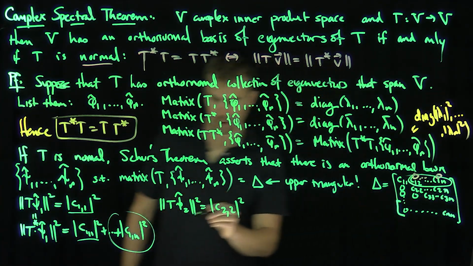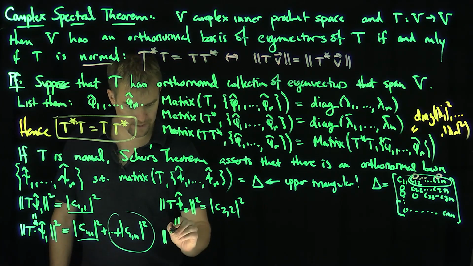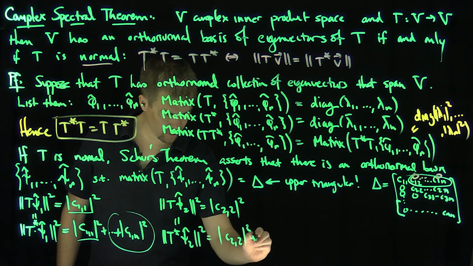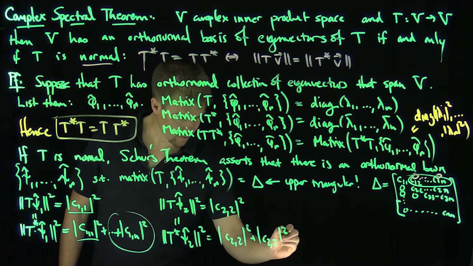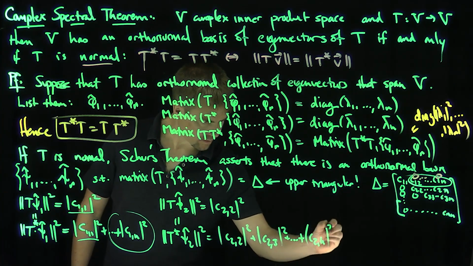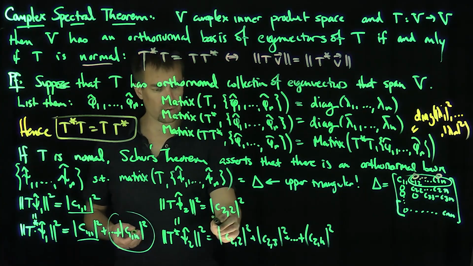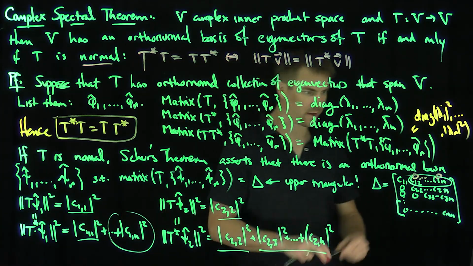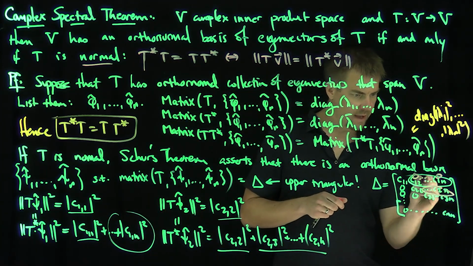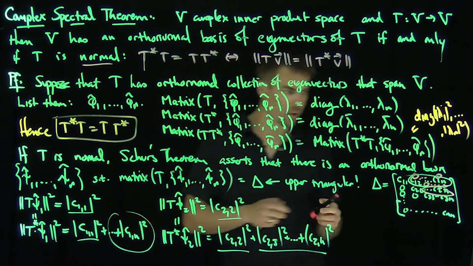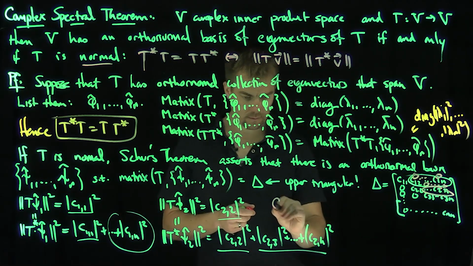And that has to be equal to the norm of the conjugate transpose applied to psi 2 squared, which is C22 squared plus C23 squared plus through C2n squared. And now since I have C22 squared on both sides, all those other terms have to be 0. So in other words, all of these terms past C22 have to be 0, like so. And then continuing in this fashion,